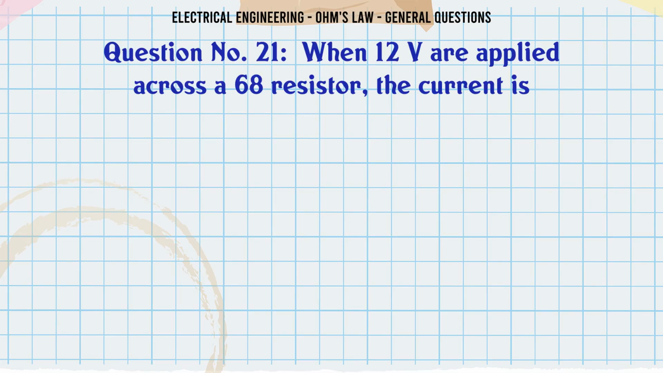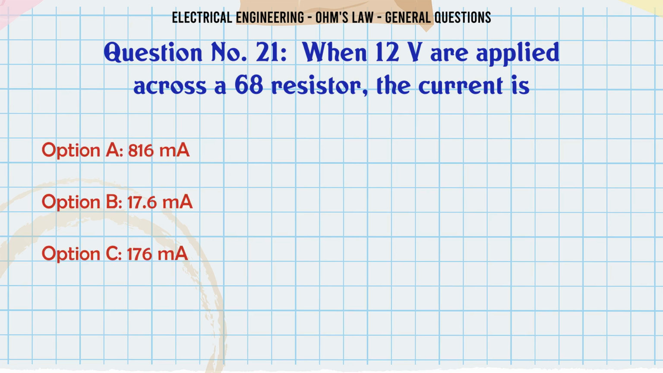When 12 V are applied across a 68 resistor, the current is A) 816 mA, B) 17.6 mA, C)